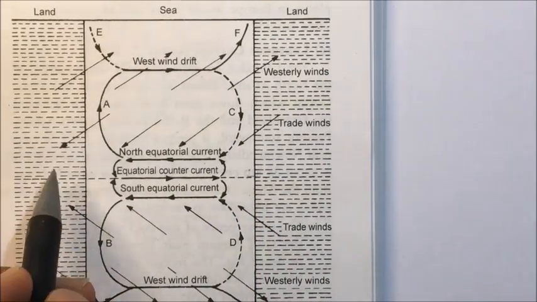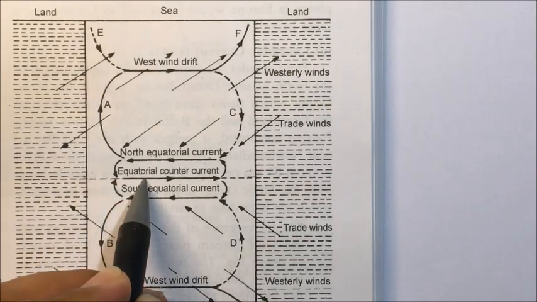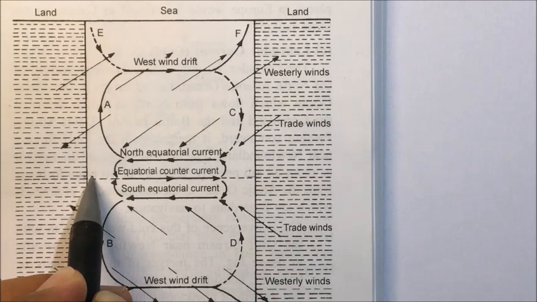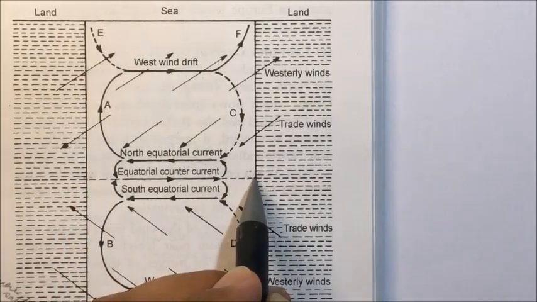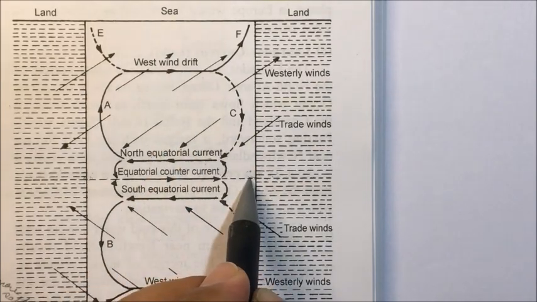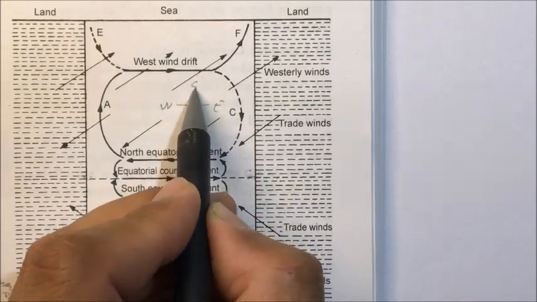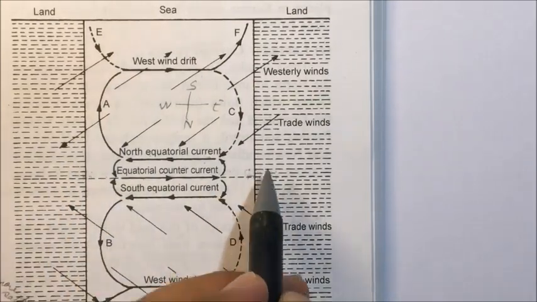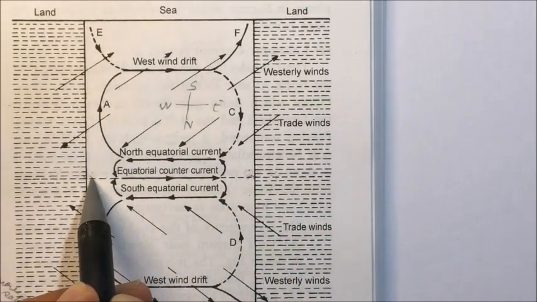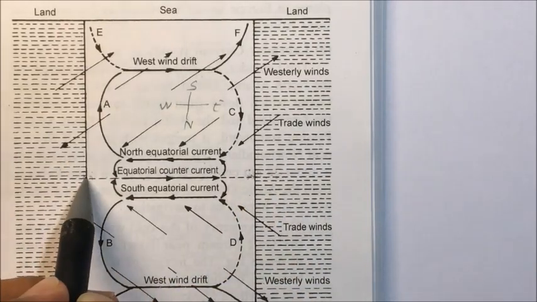Always remember one thing: this is the eastern coast of the land, whereas it is the western coast of the ocean, or the western boundary of the ocean. Similarly, here, this is the western coast of the land, but the eastern boundary or eastern coast of the ocean. You can as well draw east, west, north, south. So for the ocean, this will be the eastern coast and this will be the western coast. But for the land, this will be the western coast, and for this land, this will be the eastern coast.